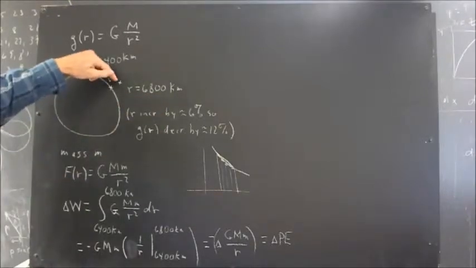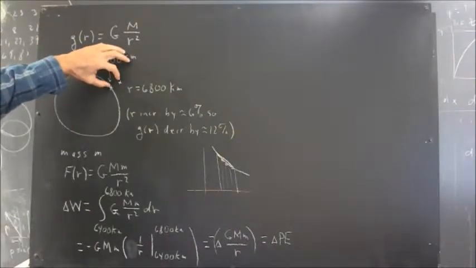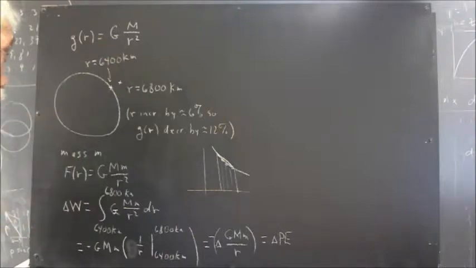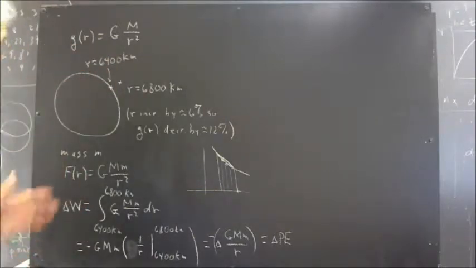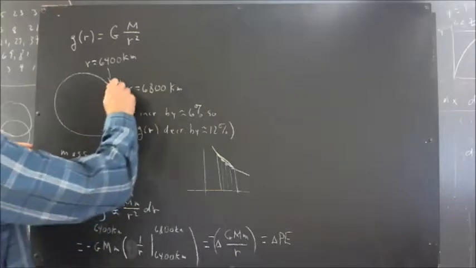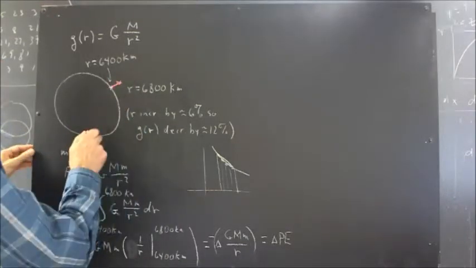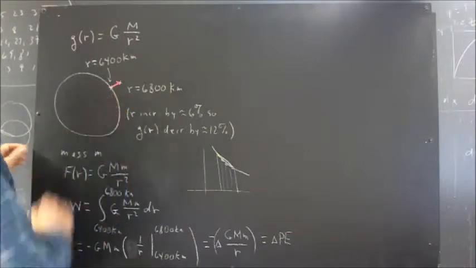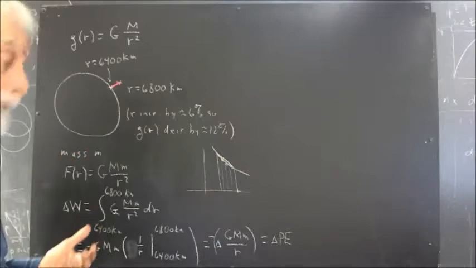There'd be a point out here. Now I've exaggerated that distance. That distance there would be more like close to 2,000 kilometers if everything was to scale. But we get the idea. So we're going to move from here to here. So here's our change in position. Now that could be our delta S, but we can't just do F dot delta S because